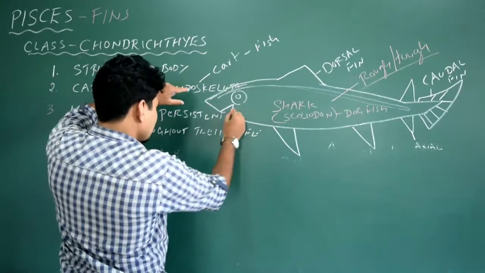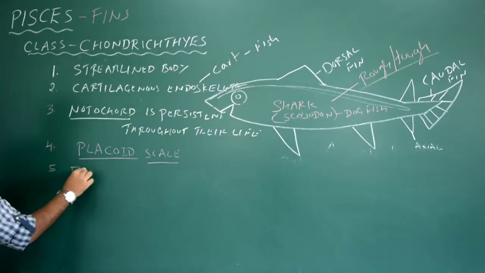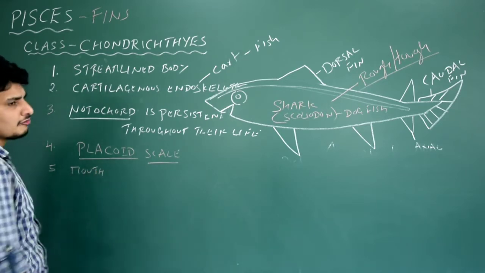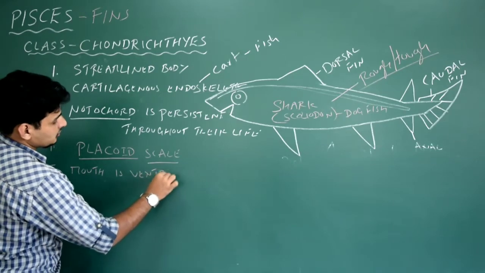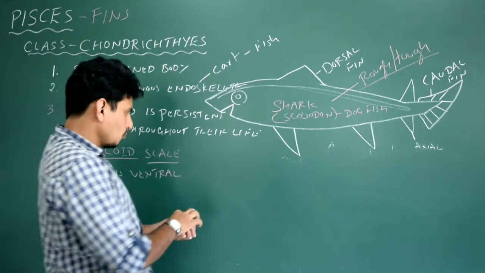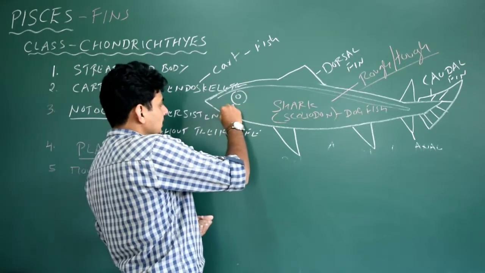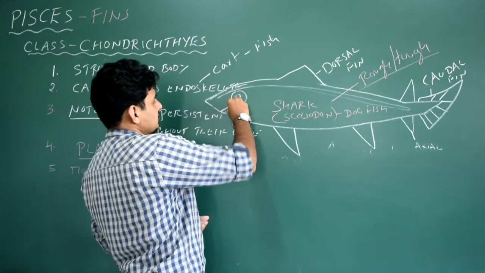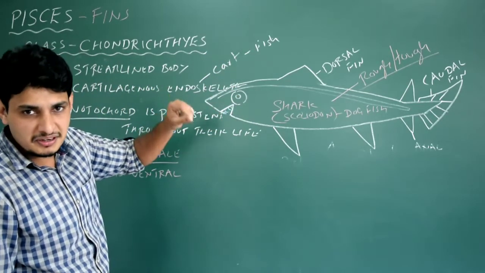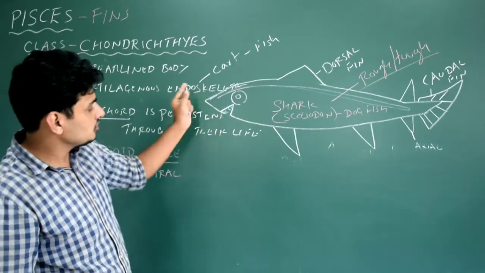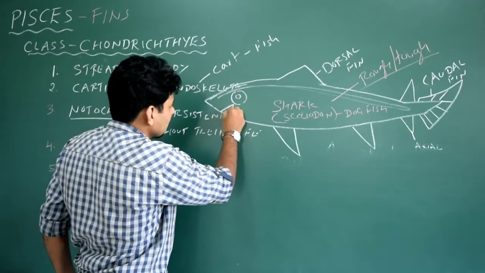Now again here, the mouth. See where exactly the mouth is situated. So we write here the mouth is ventral. This is one of the important features of Chondrichthyes. Mouth is ventral actually. Okay. And in the mouth what do you see? You see very strong, curvy teeth like this. Why do they have very sharp and curvy teeth? Simple. Curvy teeth in the sense the teeth are projected backwards. It is backwardly projected like this.